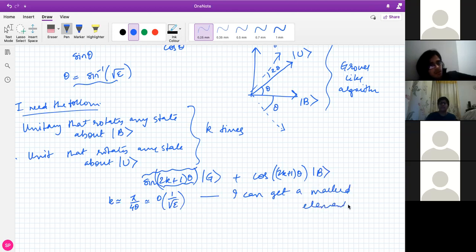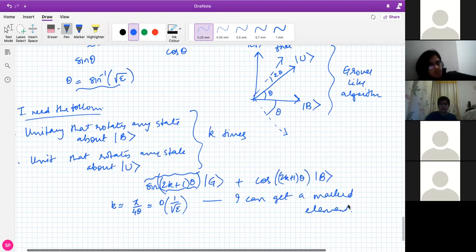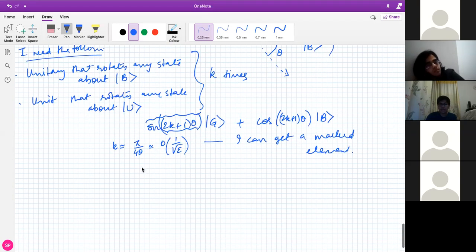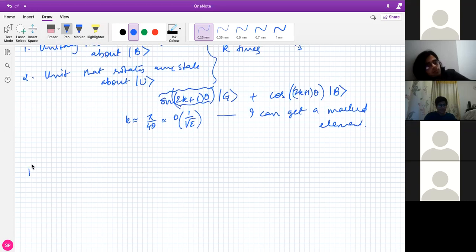Okay. Now, so we have to implement these two things. We have to implement a rotation about this vector B, and we have to implement a rotation about this other vector U. Okay. Now, rotation about B